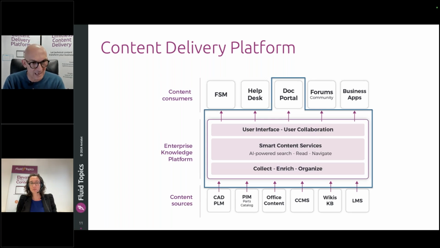So it's just like getting the content as it is, making this work internally like magic, and then helping you build portals or feed those other touch points in a seamless way. So that's what we're talking about today. This is what a CDP is, and this is what you can expect from that. So this is more from an evolutionary and process perspective, but now I will hand it over to Geraldine, who will explain how it fits into a more strategic perspective.